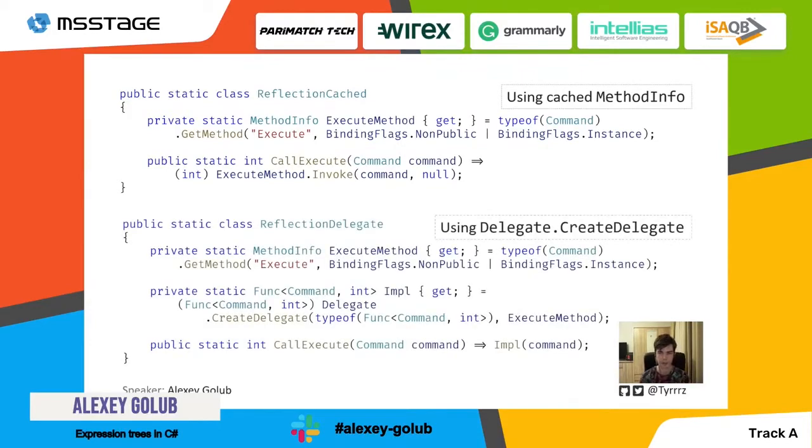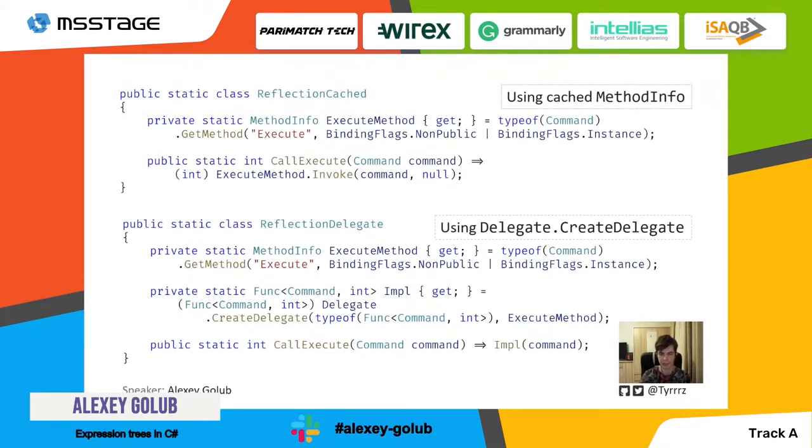We can actually go further and use Delegate.CreateDelegate, which is another kind of obscure API that allows you to create a delegate from a MethodInfo of a specific type. So the way it works is that you take a MethodInfo, you give it to Delegate.CreateDelegate, and you also specify which type of delegate you want to have returned. And once that's done, we can just reuse the same delegate all the time, so we also can cache it, and then CallExecute